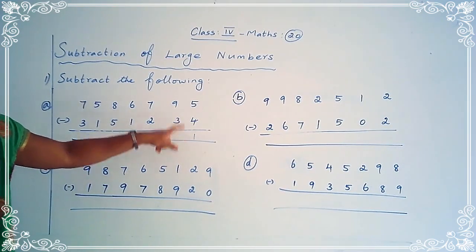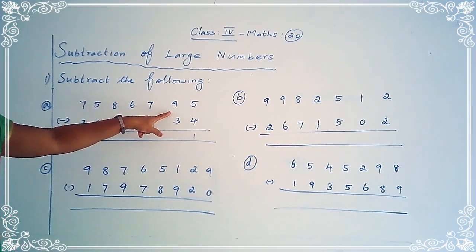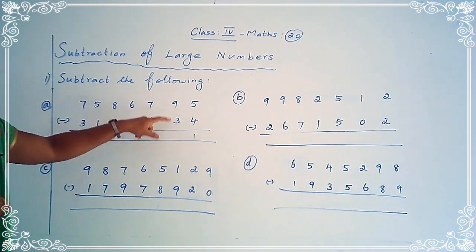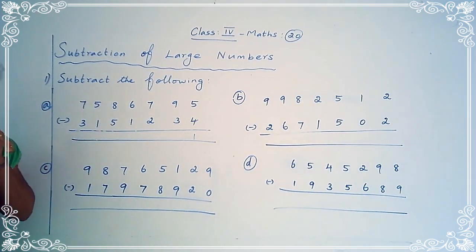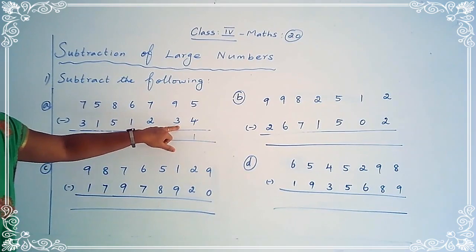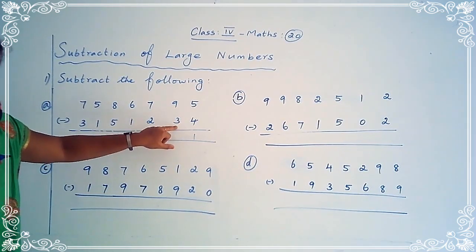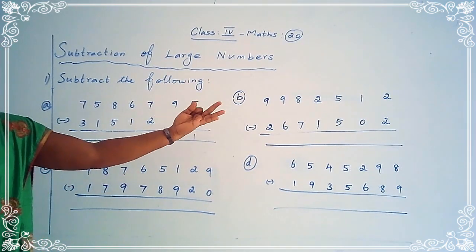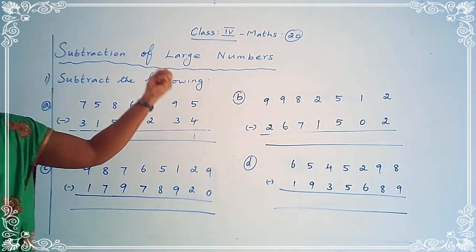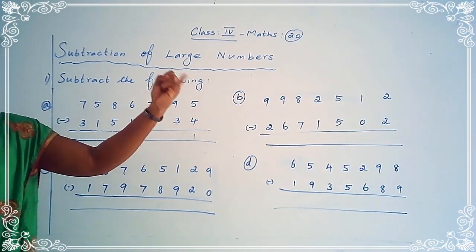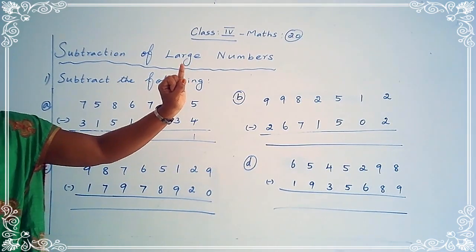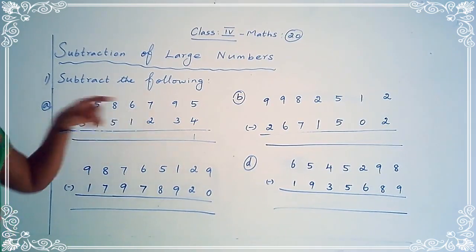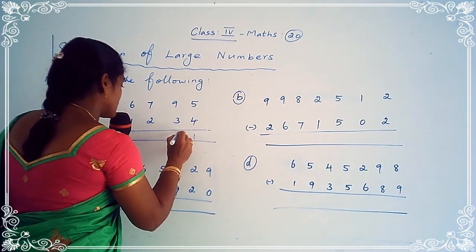Now you come to the next place, subtracting in the tens place. Here the tens place has 9 and 3. So 9 minus 3 is equal to 3. Take 3 in your mind. So 3 after 4, 5, 6, 7, 8, 9. Before it was 5 fingers, now one more finger, so 5 plus 1, 6 fingers. So 9 minus 3 is equal to 6.